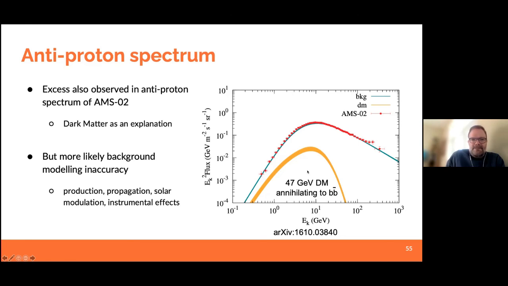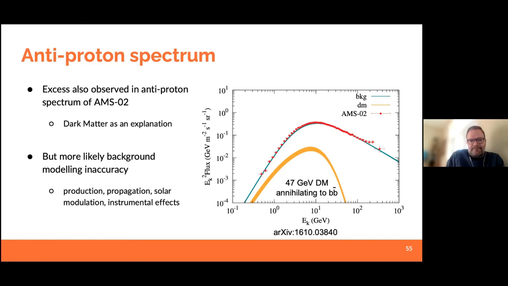So it's not orders of magnitude out. But as I mentioned, because these protons propagate through space, there are still questions around how accurate the modeling of this background is, right? Because there are questions about the production of antiprotons, the propagation, solar modulation,